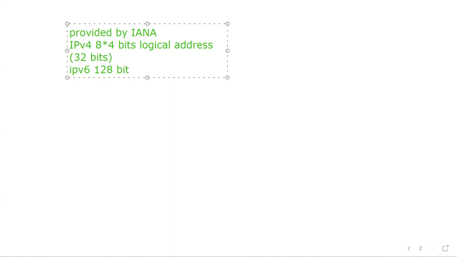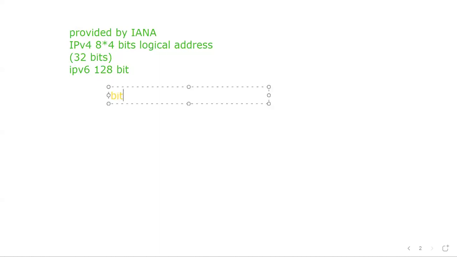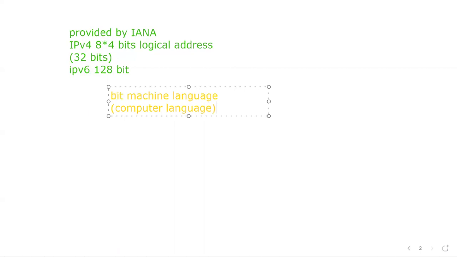Okay, so another question arrived: what is a bit? Bit is the machine language, or we can also say computer language. Okay,